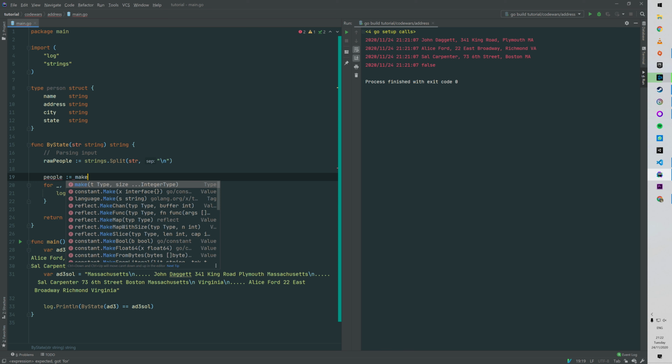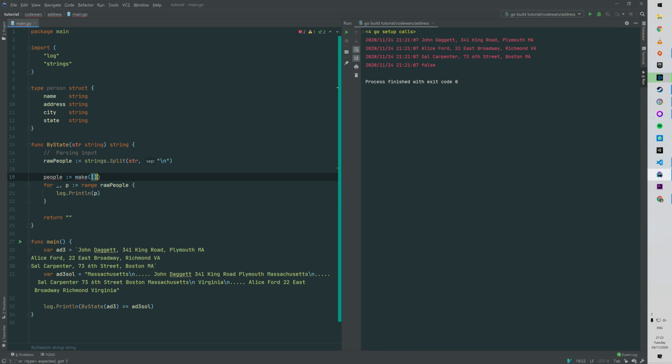People make a slice of person of the length of the raw people. In our case here it would be 3, so we're gonna make a slice of size 3 of person. Then we're looping through our raw people, and how are we gonna